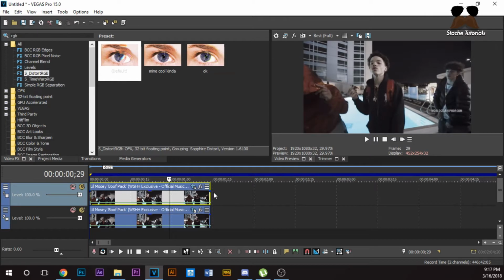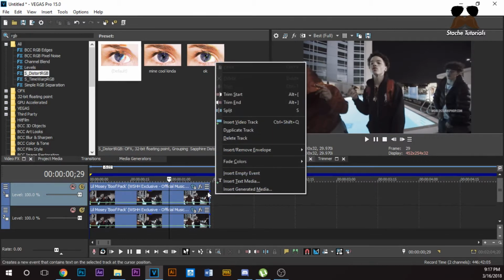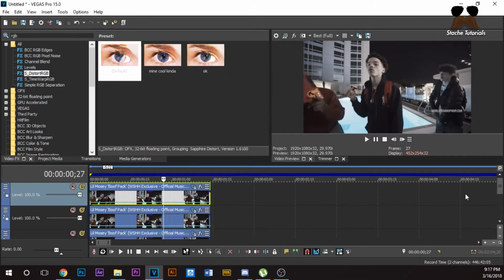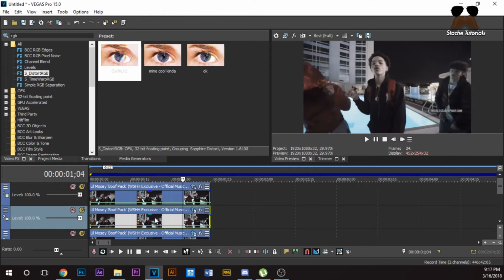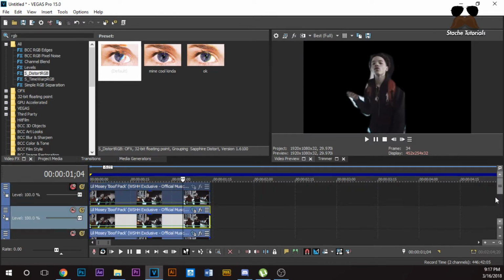Alright, so now to do the effect, we're going to do it about 2 times. You can do it about 3 or 4 times, but it'll work the same. But I'm just going to do it for 2 times to save time. So right click again on the top layer, make sure it's the top layer, duplicate the track again. Now we don't want to mess with the top layer just yet, or at all, but we're going to be mainly focusing on these 2 layers. So I'm just going to mute these bottom 2, and then we'll check later.